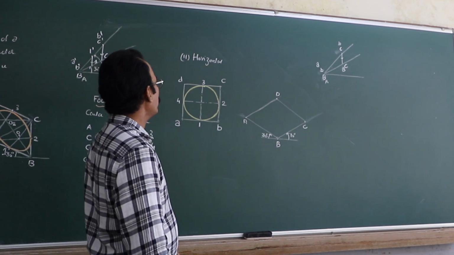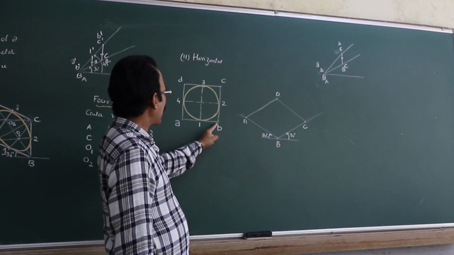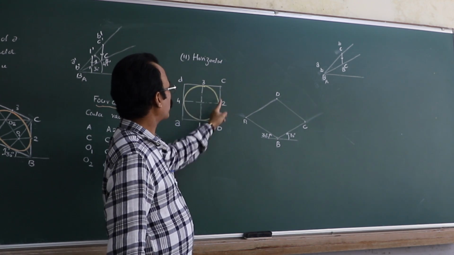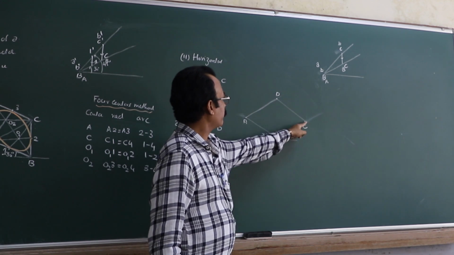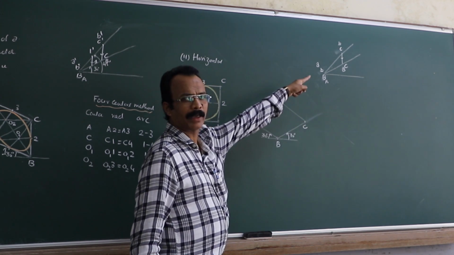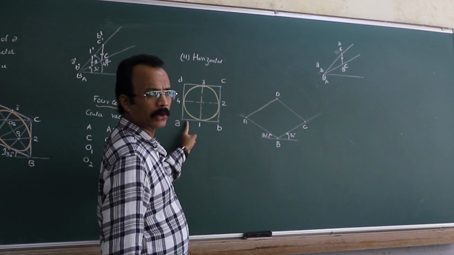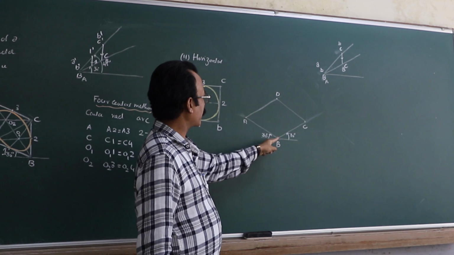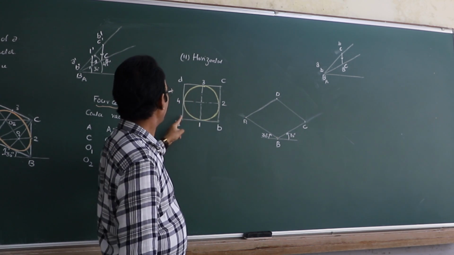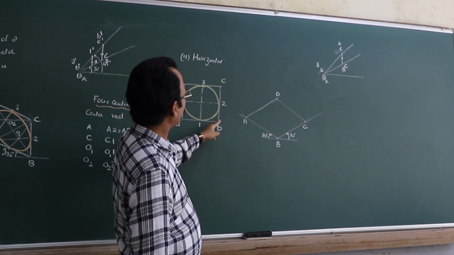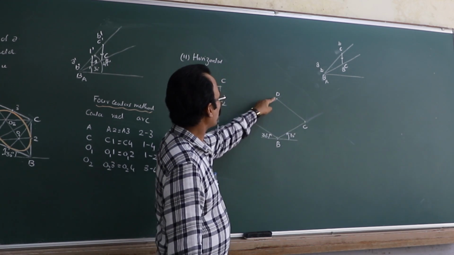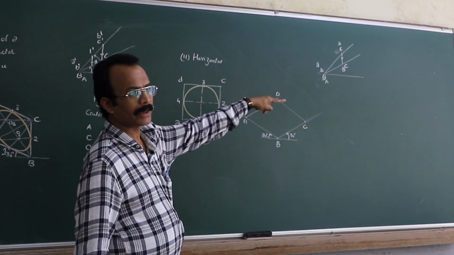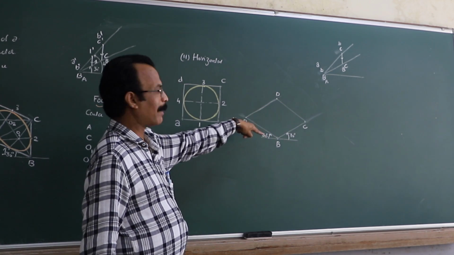So if you want, I'll just repeat it. Start from the bottom right corner B. BC is horizontal, so it will become an inclined line and the length is the isometric length. AB is also horizontal, so it will become inclined; take the isometric length from there and complete it. Then AD is again parallel to BC. So to this BC you draw a parallel line, get the length from there and mark it. You complete the isometric projection of this square lamina.